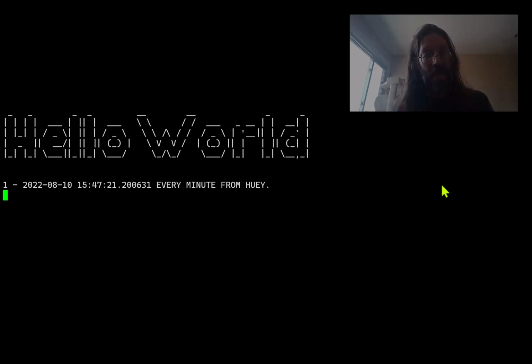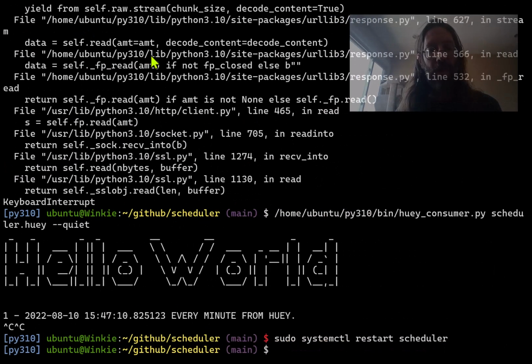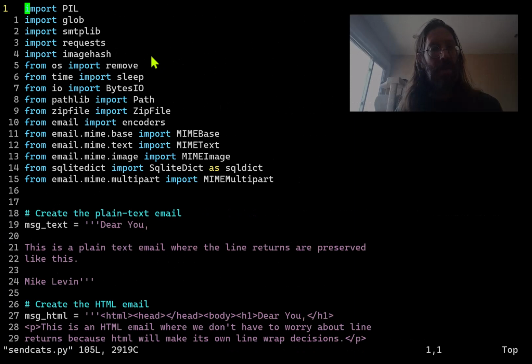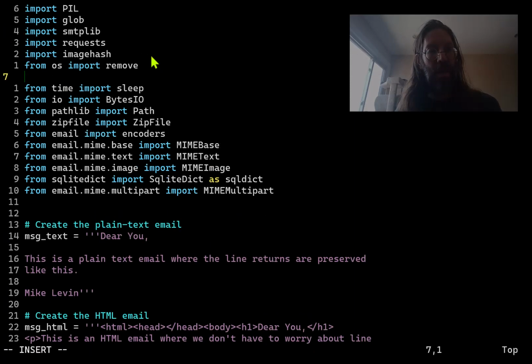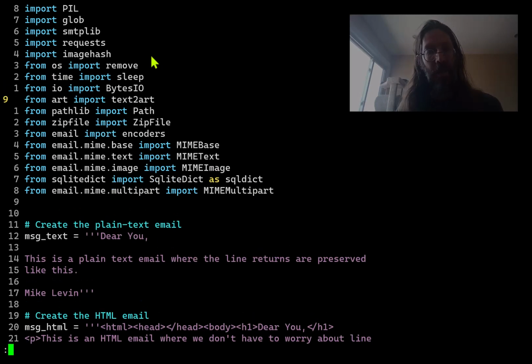Now there's going to be an email. The email event will be among a bunch of pulses, and it might be nice to have the email event also have a Figlet. So I'll let this continue to run, so that'll be our before, but now we have our exact pattern, right? It's this for our import, vim sendcats, there's our art import,